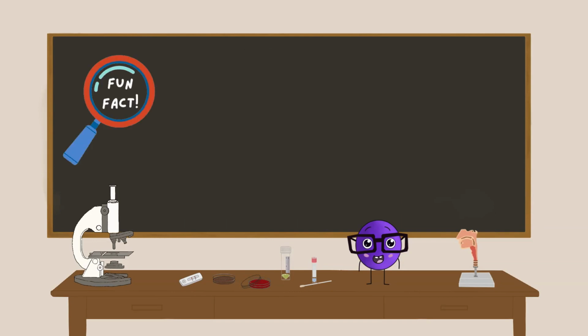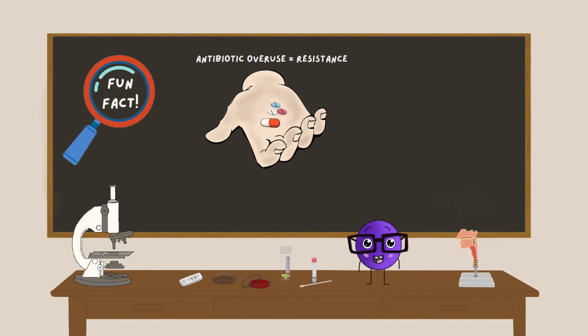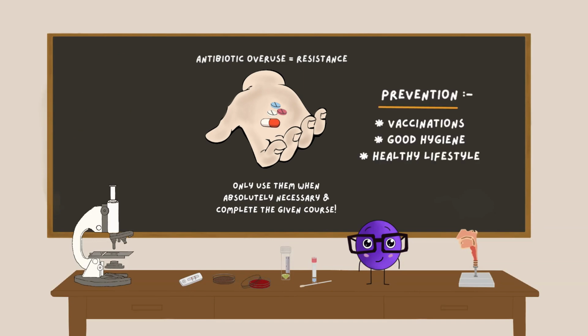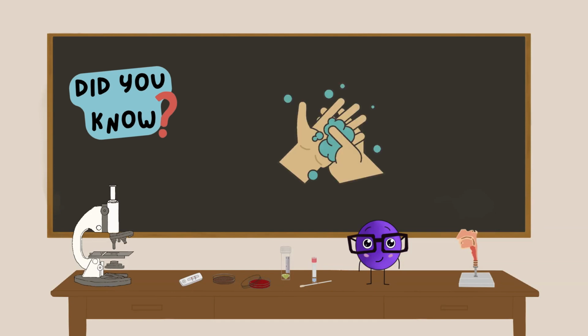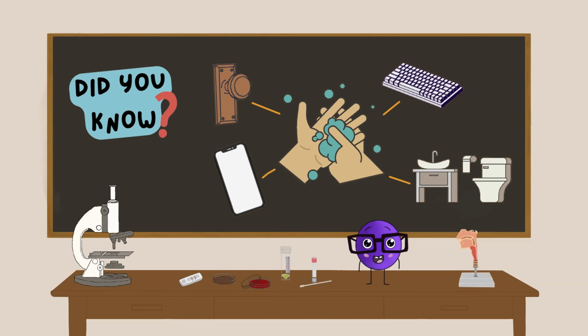Fun fact: overuse of antibiotics can lead to resistance, which is why it's crucial to only use them when absolutely necessary. This is why most upper respiratory tract infections, being viral, are not treated with antibiotics. Prevention: vaccinations, good hygiene, and a healthy lifestyle are key to preventing upper respiratory tract infections. Did you know that one of the most effective ways to prevent the spread of upper respiratory tract infections is simply washing your hands? Think about how many surfaces you touch daily and how easily germs can spread from person